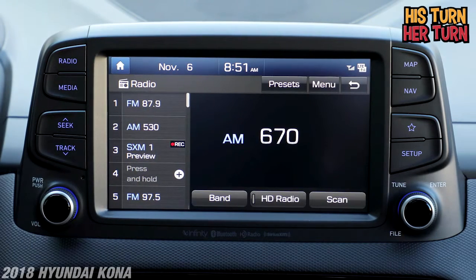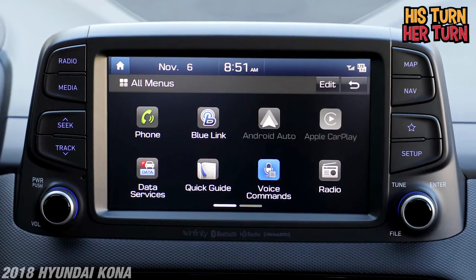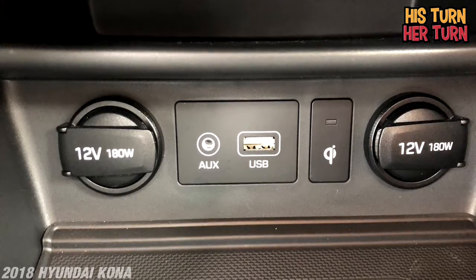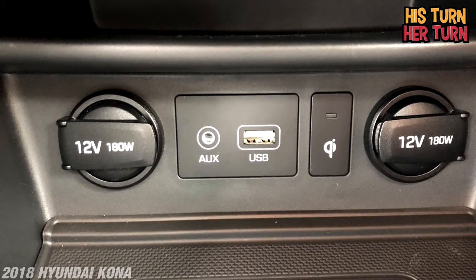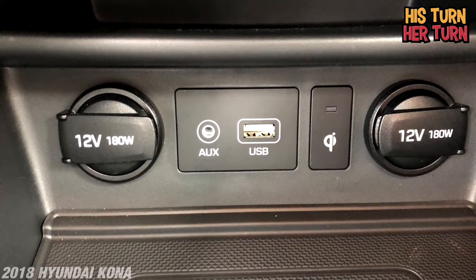It's got radio and media, standard Apple CarPlay, Android Auto. I think that's important. Updated Bluetooth. That is so important to the people that are buying this type of vehicle. And wireless charging. And tons of charging outlets. You got two 12-volt ports. You've got, of course, your plug-in for USB and key, which is the wireless for Android and Apple phones that